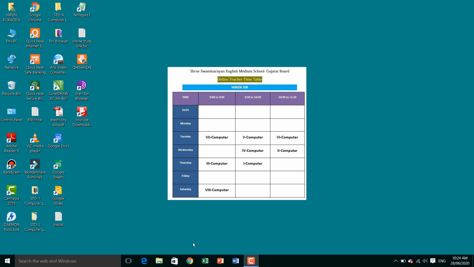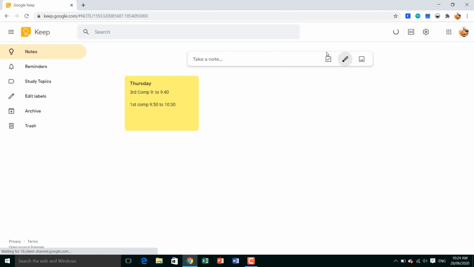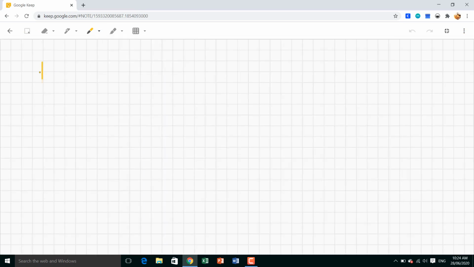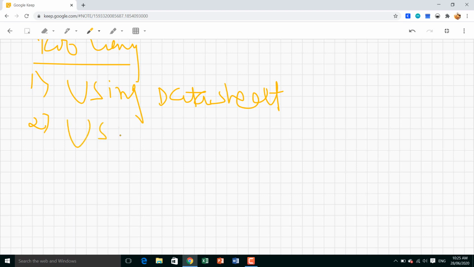There are basically two ways: first using the datasheet view, and second using the design view.